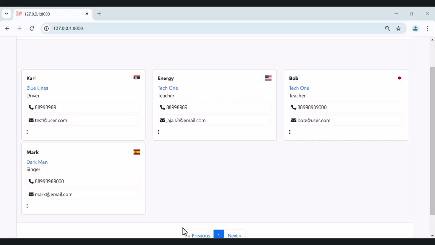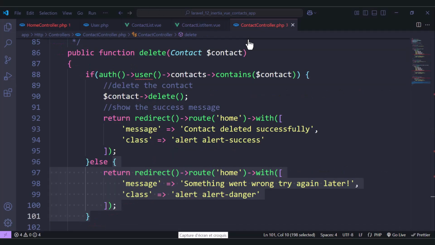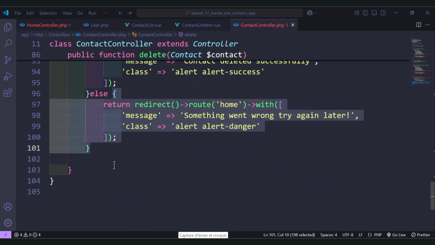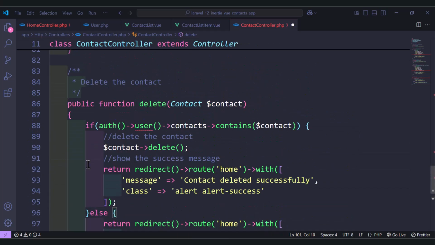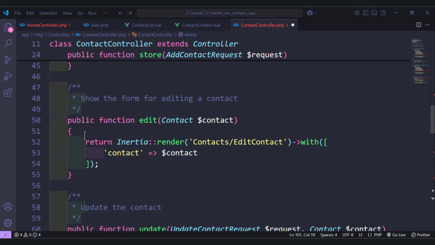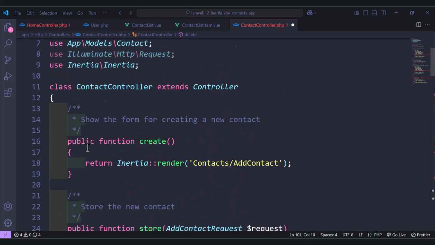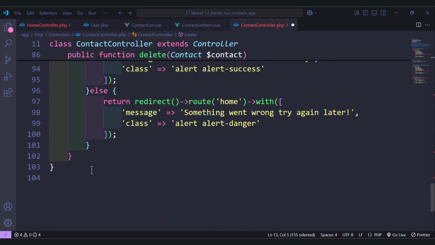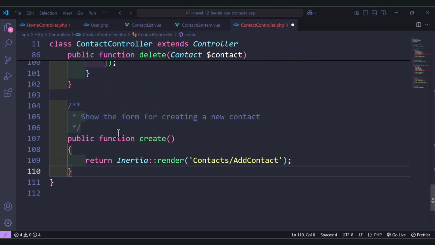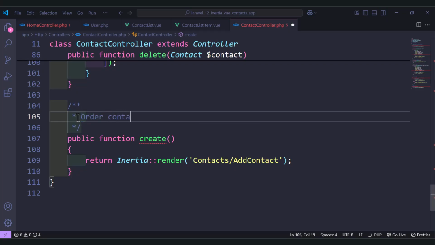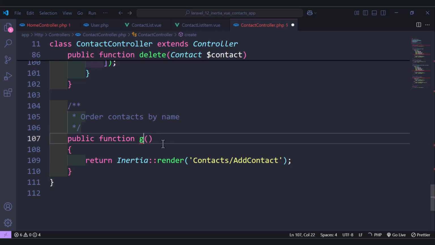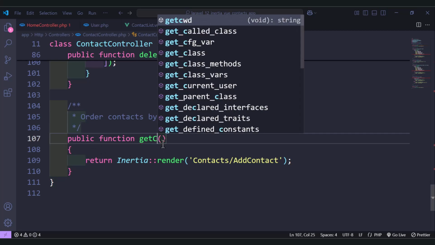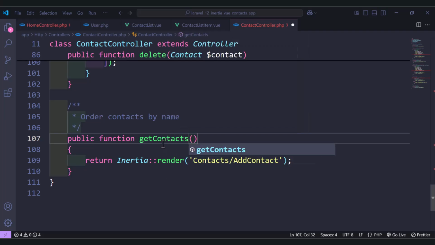And to order the contacts, let's move to the controller here. We need to add another function that will return the contacts ordered. So let's copy from here, move down and paste here. Here let's add the order contacts by name, and here let's rename it to get contacts ordered